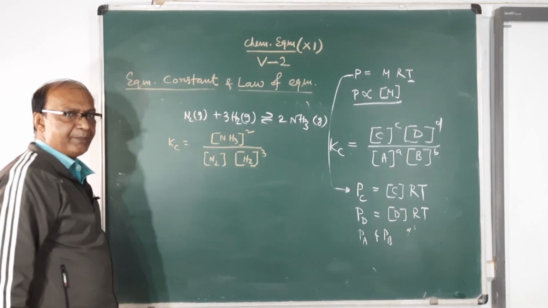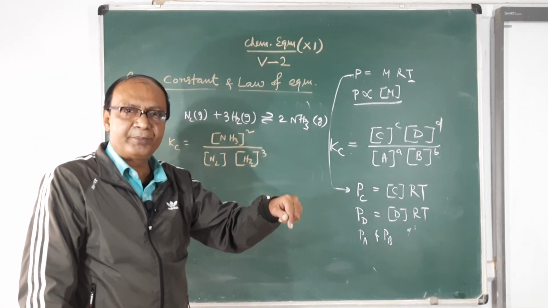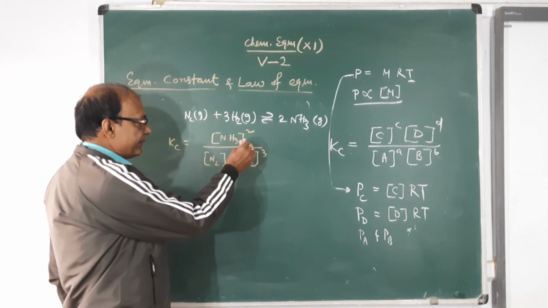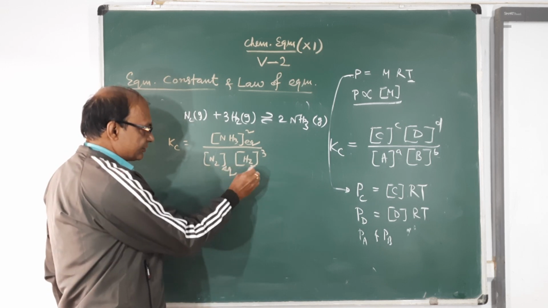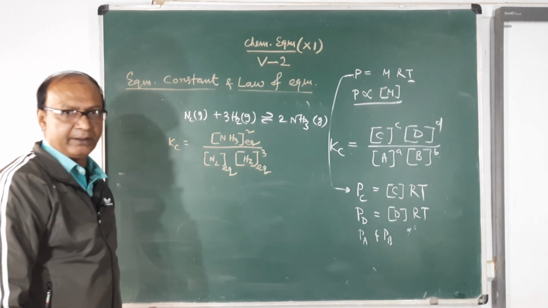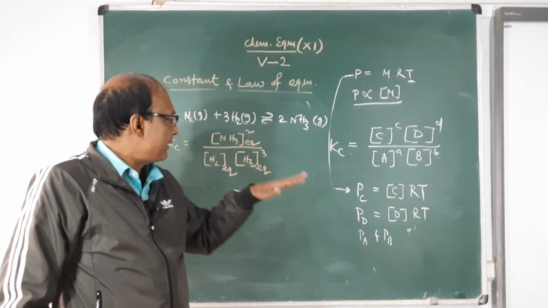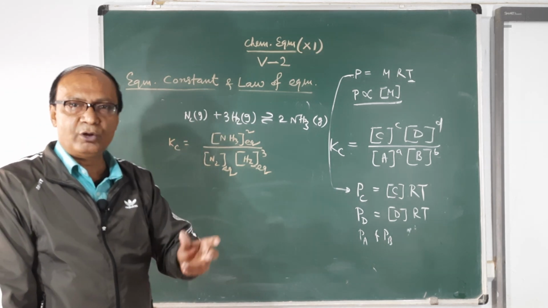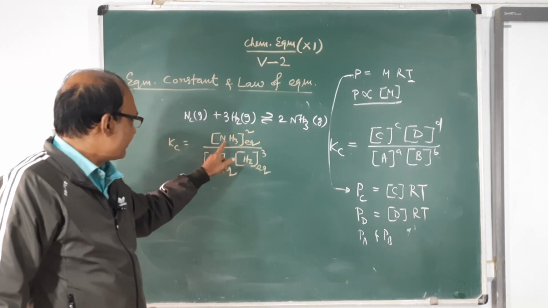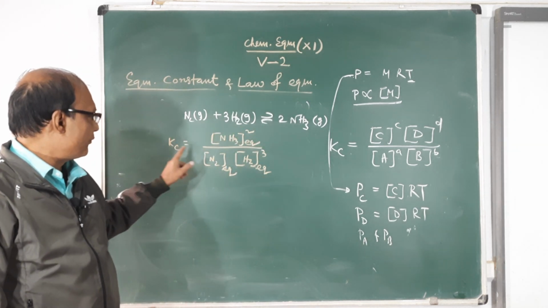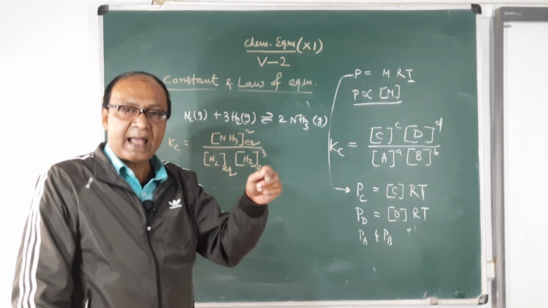So what do we mean by the molar concentration? The molar concentration of ammonia after the attainment of equilibrium. So this is the equilibrium concentration. Remember it. Concentration at what time? We have taken a mixture of nitrogen and hydrogen with some molarity, and the reaction is going on. At what time will you consider the concentration of reactants and products in order to find the value of Kc? It is the concentration of the reactants and products at equilibrium.